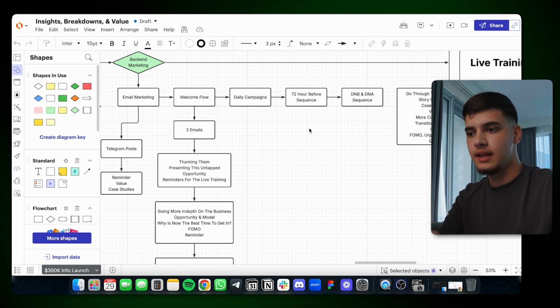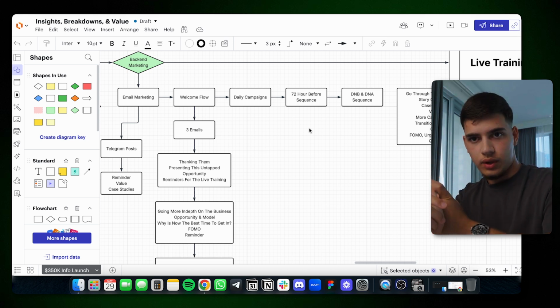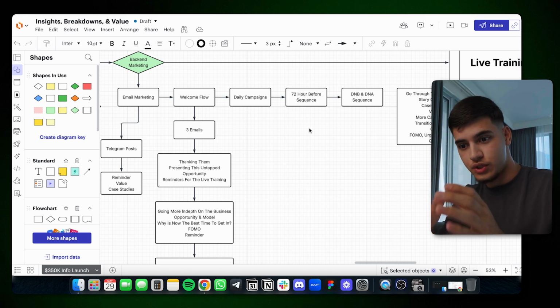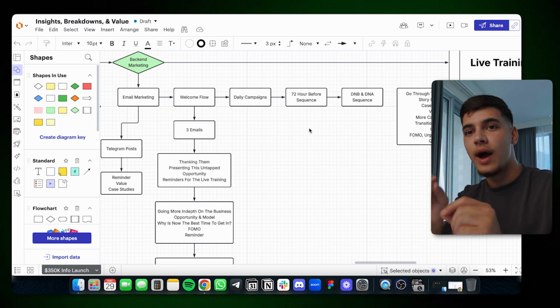So this is basically 72 hours before the launch date or the live training. In this scenario, you want to have a sequence that people go through. And typically with the 72 hour before, on the first 24 hours, you want to send 2 emails. The 48 hours, which is the second day, you want to send out 3 emails. And then 72 hours, which is the day of the actual live training, you want to send out at least